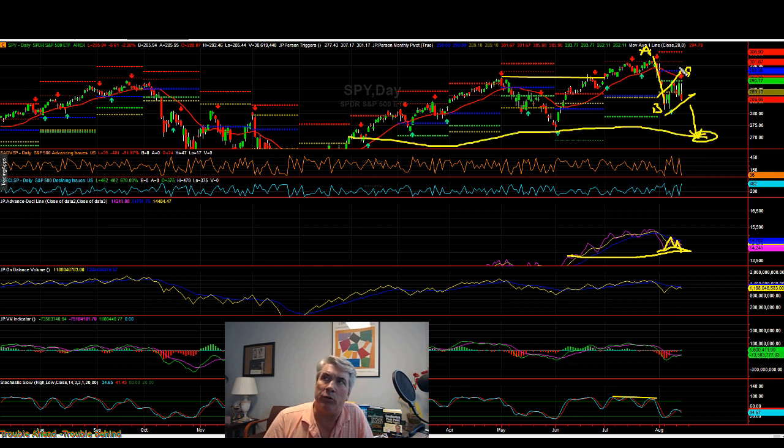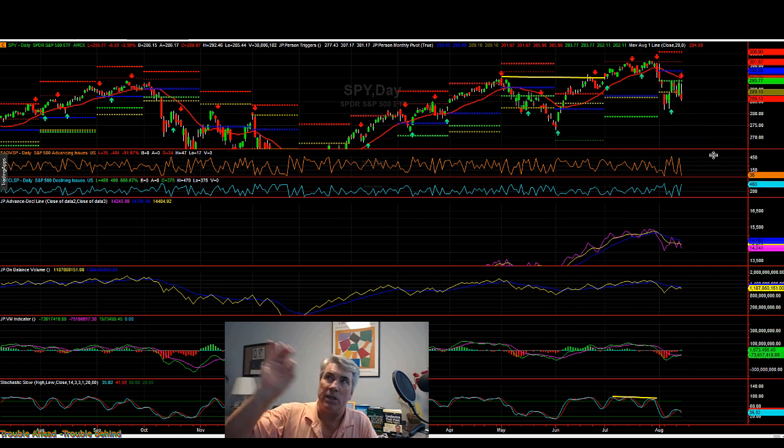What do I mean where I draw the line from? Well, if you take the distance from AB and add it to here, then you're going down further. If you add it to the midpoint, you're going here. If you add it to the top, you're going there. So the area target, if this does break down and takes out the low, there's your target using an ABC or bear flag type pattern.